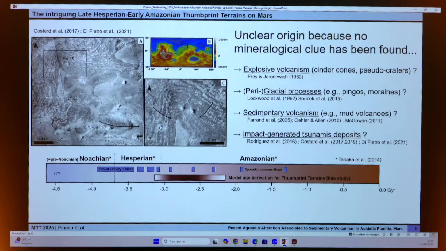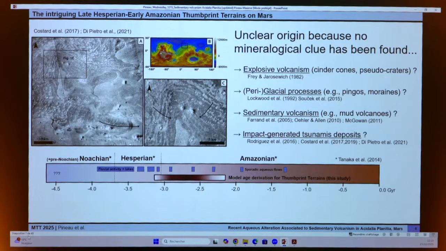A lot of people have looked at these and proposed different formation scenarios, such as explosive volcanism, glacial processes, periglacial processes, sedimentary volcanism, which is the most favored one, and impact-generated deposits, and probably a mix of all of that. But yet, we don't really know how these form,